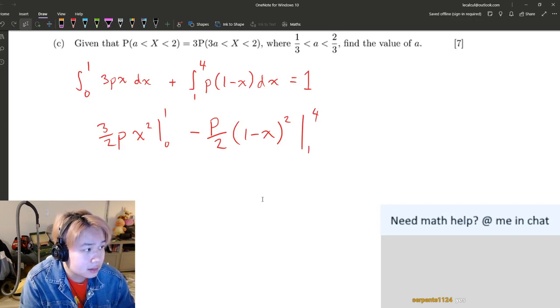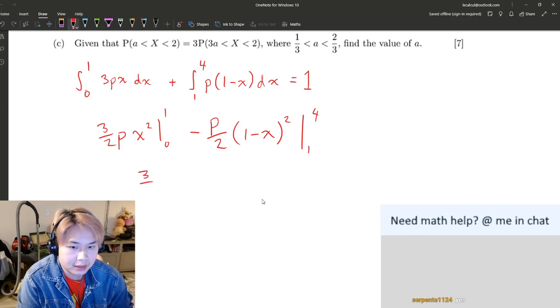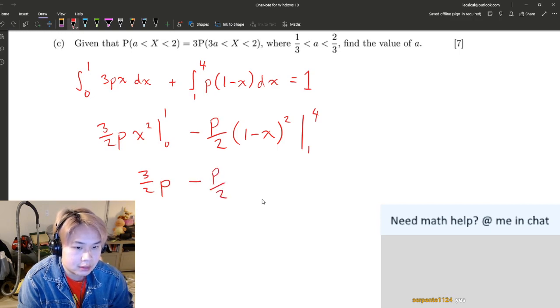And then this is all equal to 1 after we plug stuff in, right? So 3 over 2p minus p over 2